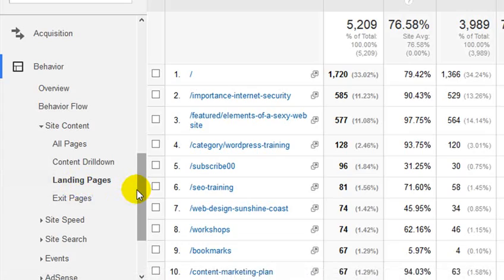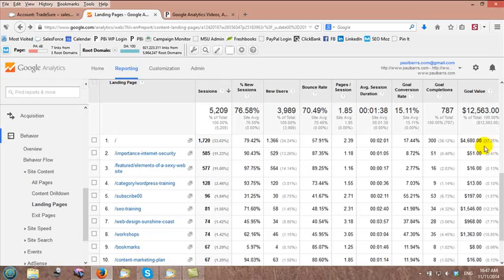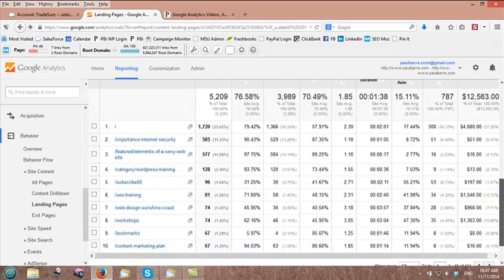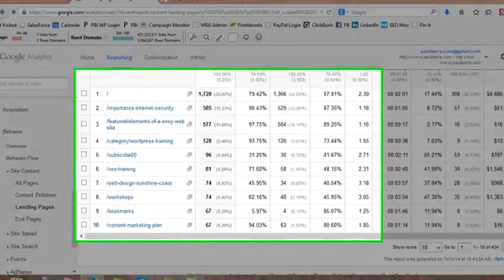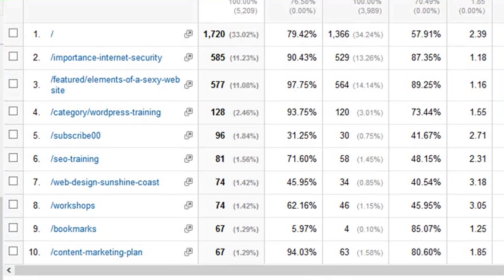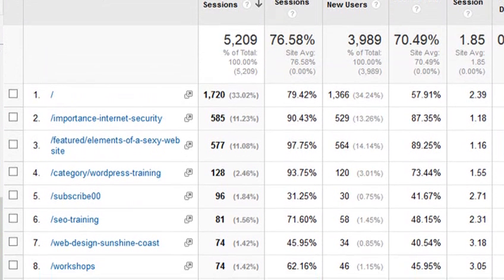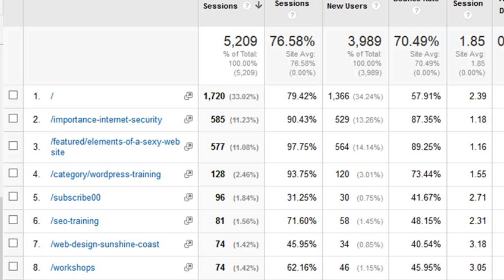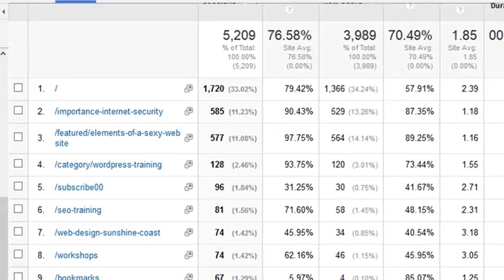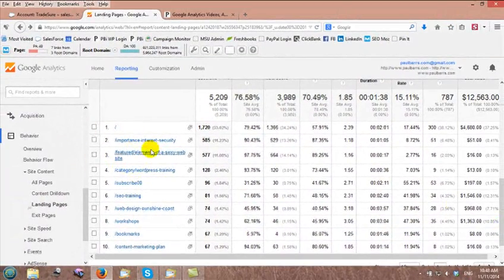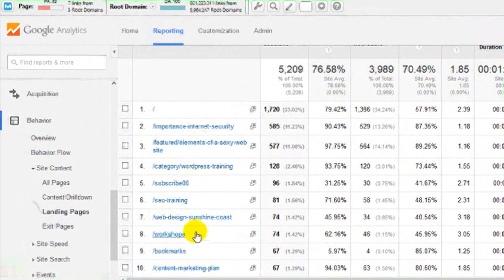Now, in this particular report, I want to get an idea of what are my top, in this case, top 10, though I could expand it down for the 400-something pages there, but no need. What are my top 10 landing pages? Why would I want to know that information? Well, it's good to have a look here and see what pages people see first when they're coming to your website. The whole point of that, of course, is to look at the conversions,